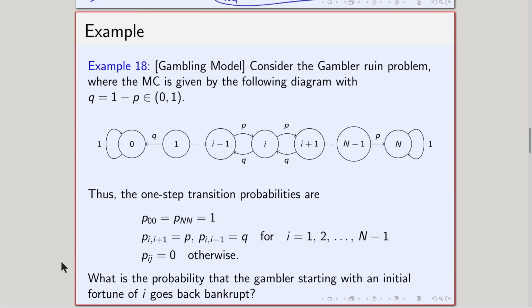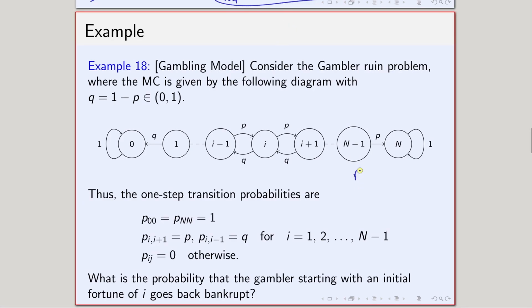Okay. So this is basically the gambling model, and we have already discussed the gambling model. It is nothing but a gambler who went to a casino and started playing, and initially the gambler has rupees I. He went to the casino and he starts playing. How does the play go? If the gambler wins, then he will gain 1 rupee.